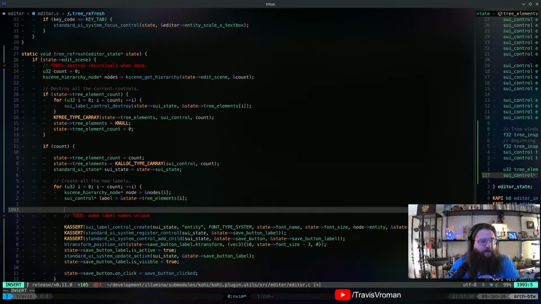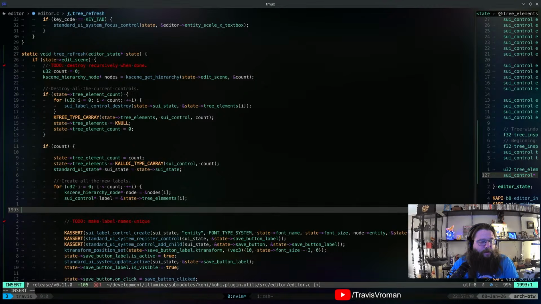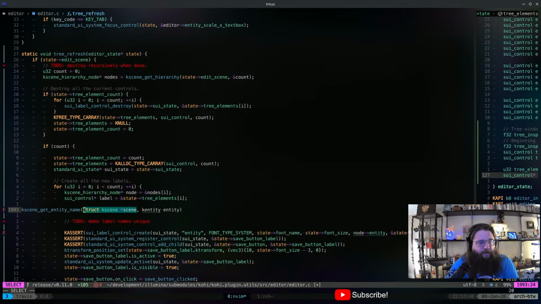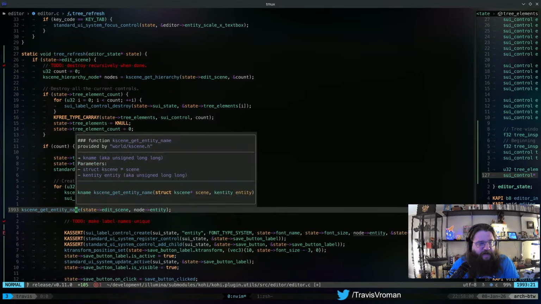So I guess we can do k-scene get name, get entity name. That's what we want. So we want state edit scene, and then the entity is going to be node entity, right? And that, I believe, returns a k-name.